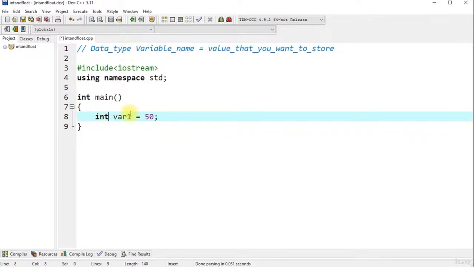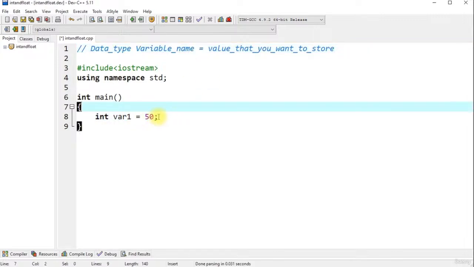So data type, variable name is var1, is equal to, and on the right hand side of is equal to, we'll write the value that we want to store inside this